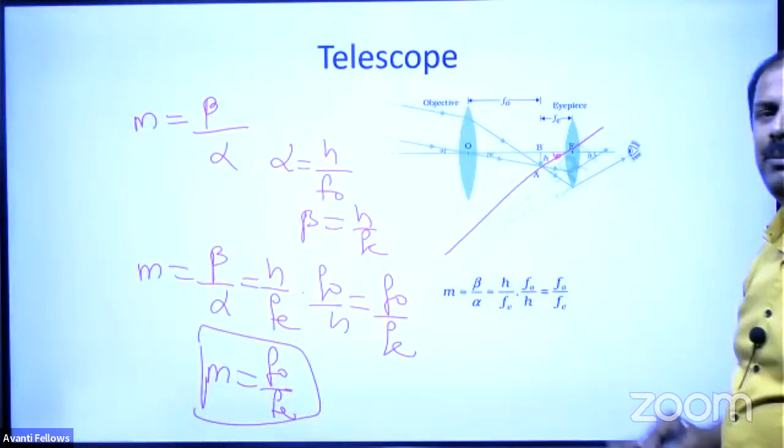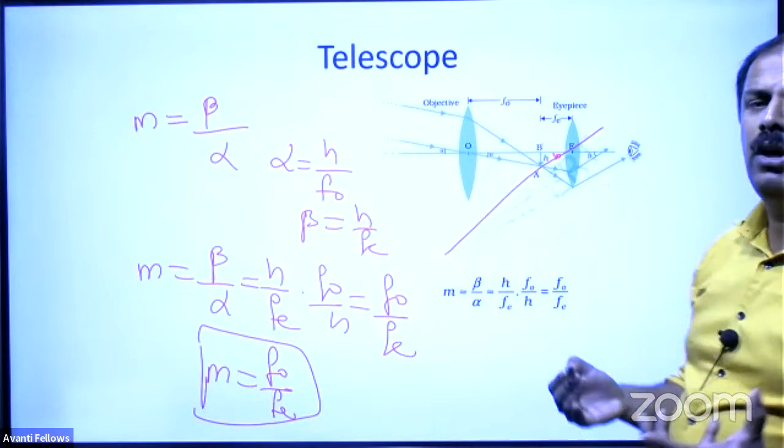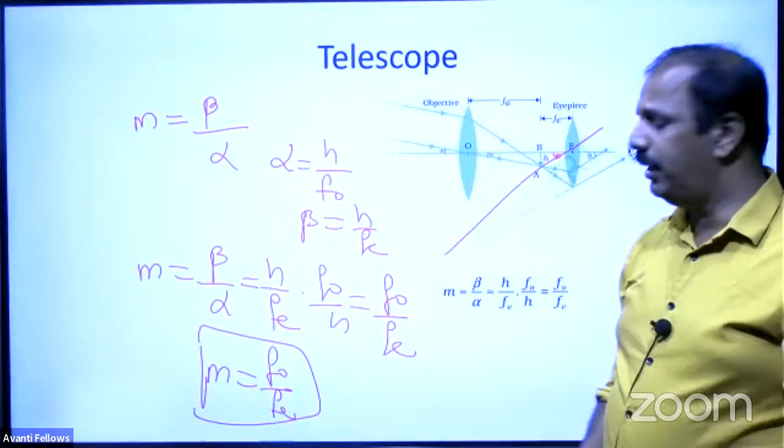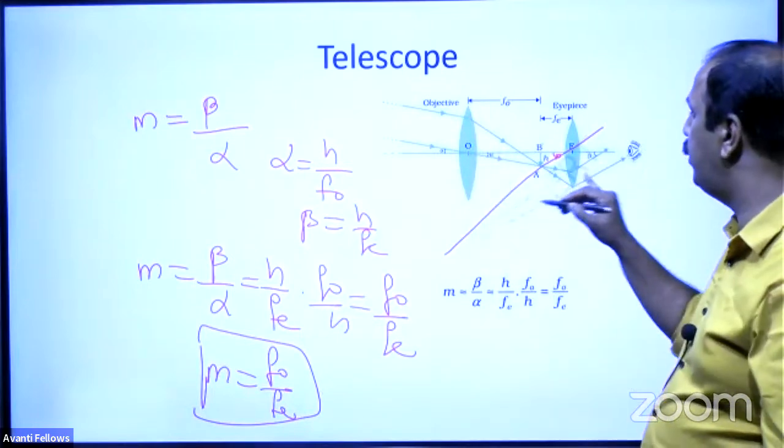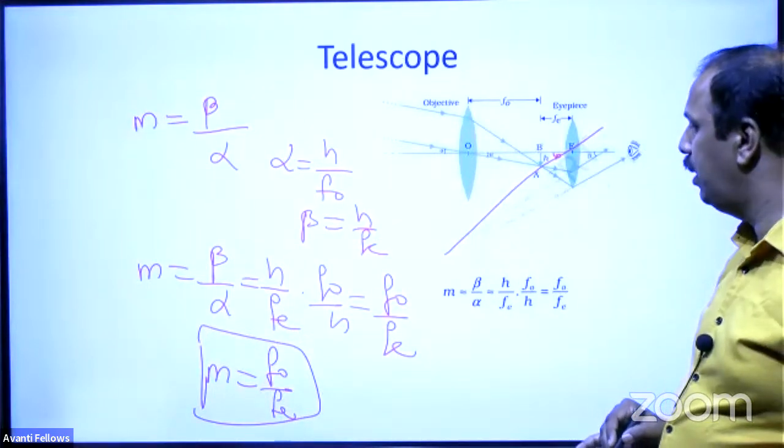So it is not like a microscope. In the case of a microscope, both should have low focal length. Here the focal length of the objective should be large and the focal length of the eyepiece should be small. Okay. Now,